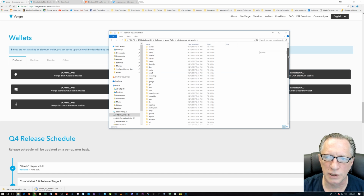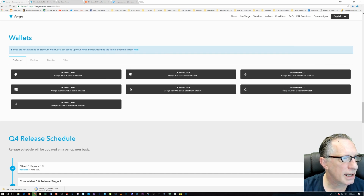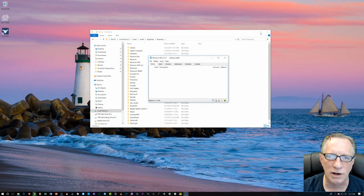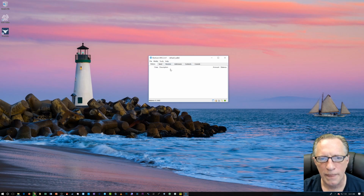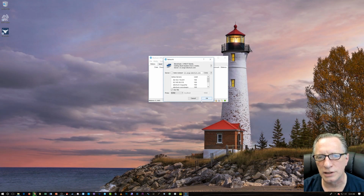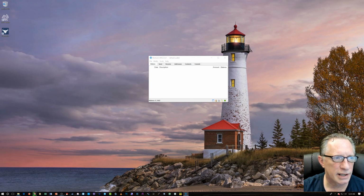When you open that folder, you just scroll down here to the Electrum XVG and double click that, and it will run. Generally you're going to get a little message saying that you're offline and the wallet quits. Then just launch it again, and you're going to have a red dot down here. So you're going to want to click the red dot and go up here, and it's going to show you a couple of other servers here, I believe. But what you need to do is